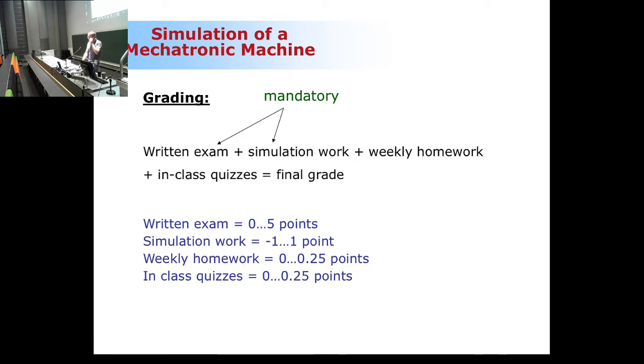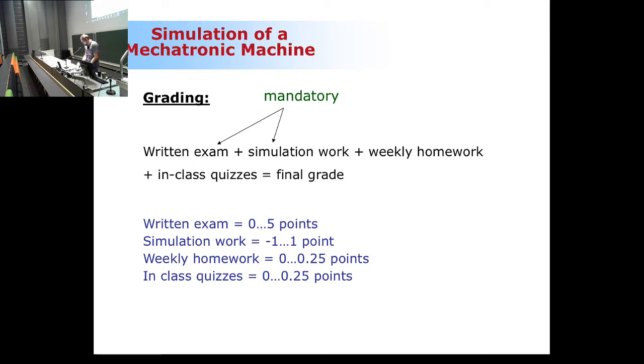Then there is something that helps you to score high, if that's what you're expecting to do in this class. Those things are weekly homework, which is already available on the course Moodle site, and in-class quizzes. It makes sense to answer those in-class quizzes because you can easily, in my mind, get some additional 0.25 points. So that's the formula. Let's look at this formula then. Let's see how it goes.